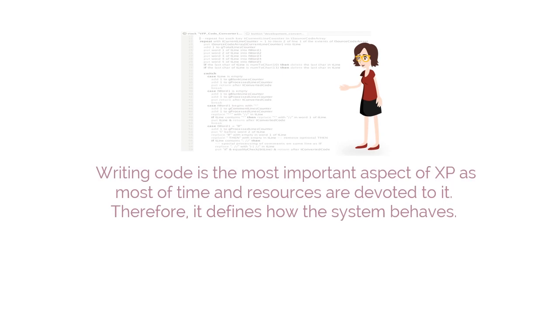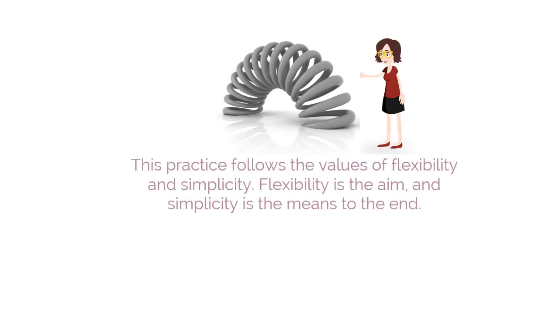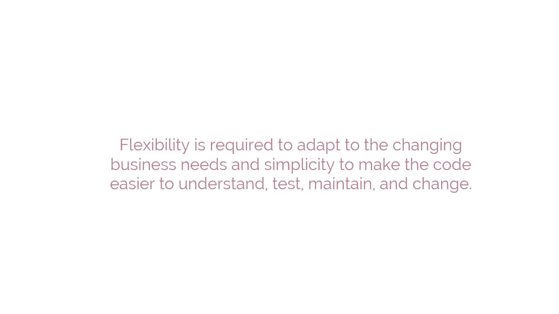Now, let's take a look at a couple of coding practices that are used to produce code which is easy to maintain and understand. First is coding and designing. This practice follows the values of flexibility and simplicity. Flexibility is the aim, and simplicity is the means to the end. Flexibility is required to adapt to the changing business needs, and simplicity to make the code easier to understand, test,